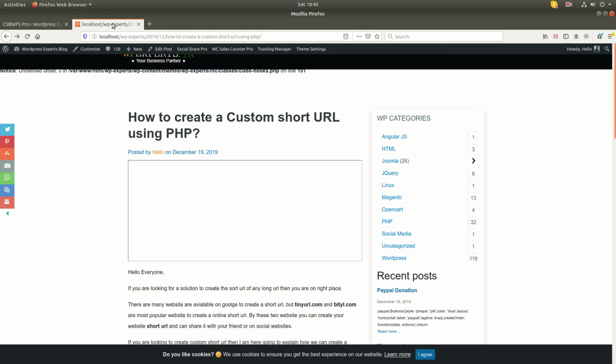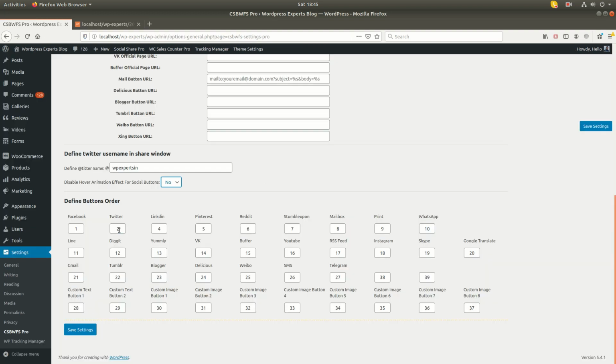Like you can see, Facebook is coming at position 6 and Twitter is coming on top. So let's switch it: let's make Facebook 10, let's make WhatsApp 2, and Twitter 10.